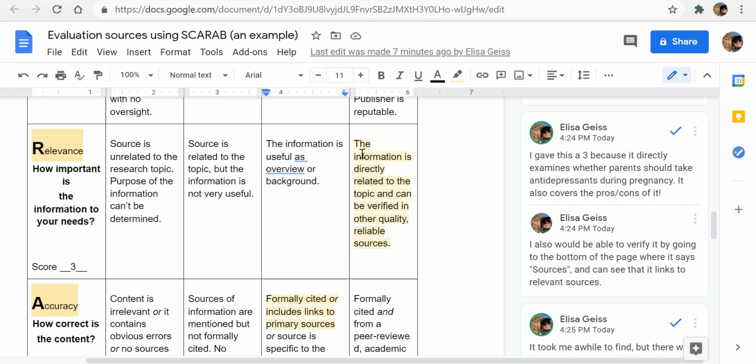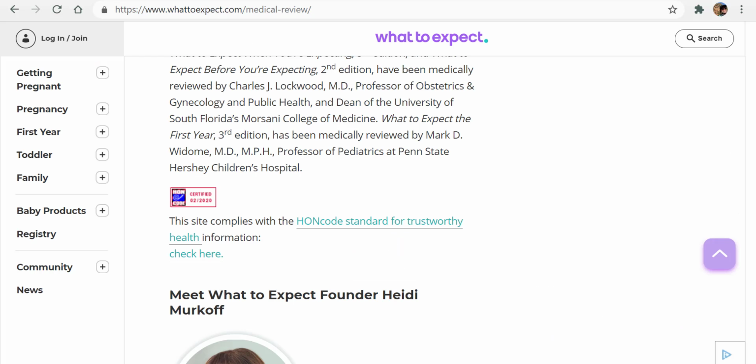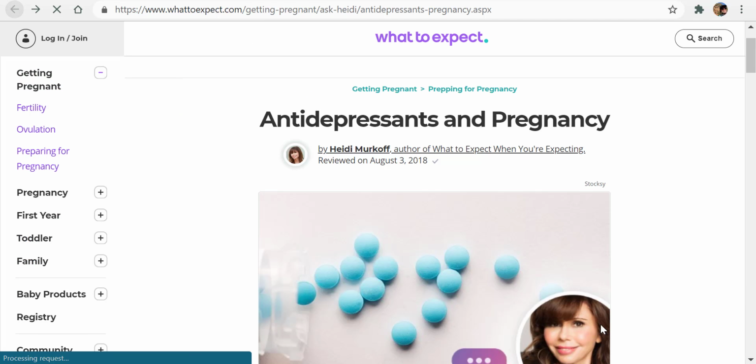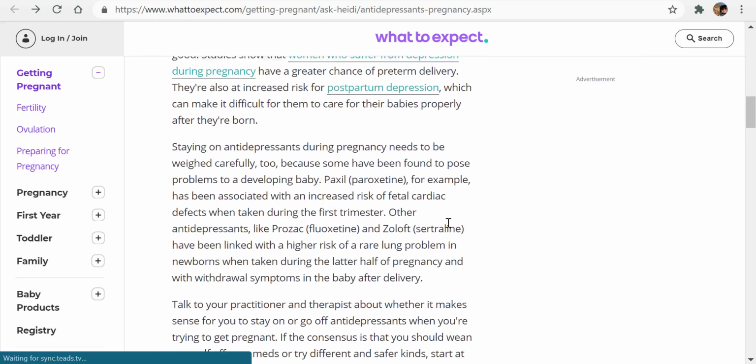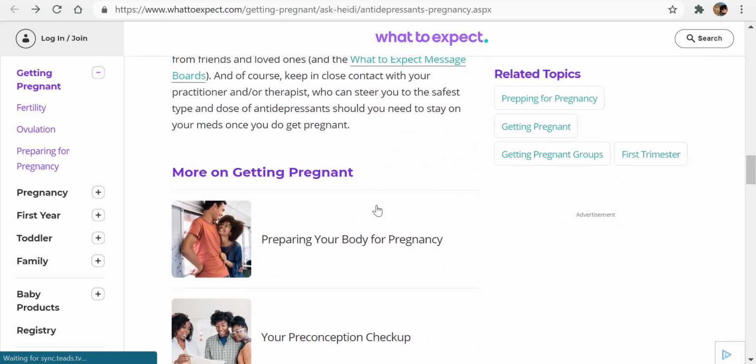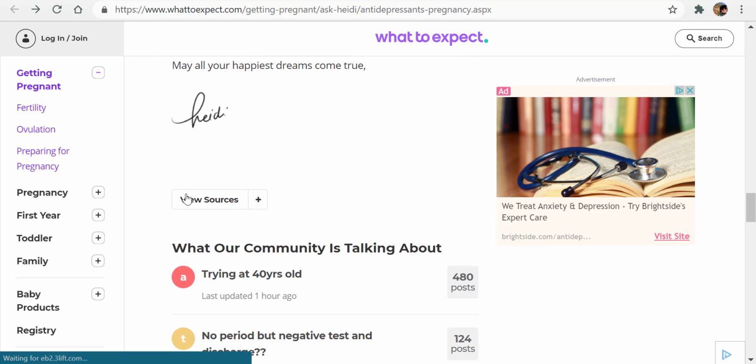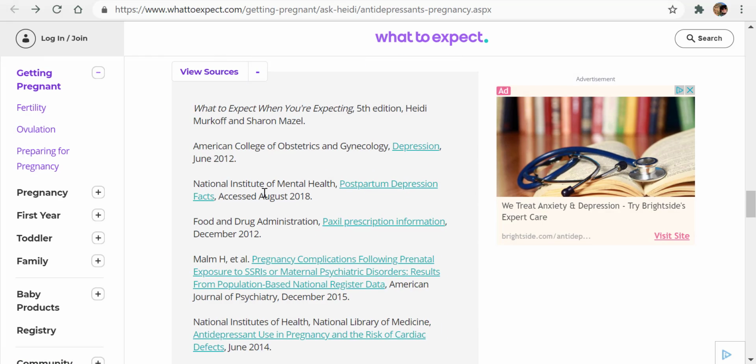Is this thing relevant? The information is directly related. And can it be verified in other quality, reliable sources? So when I did this, one of the first things I missed actually was the sources. So they have these sources down here, and it seems to be things that I would expect, right?